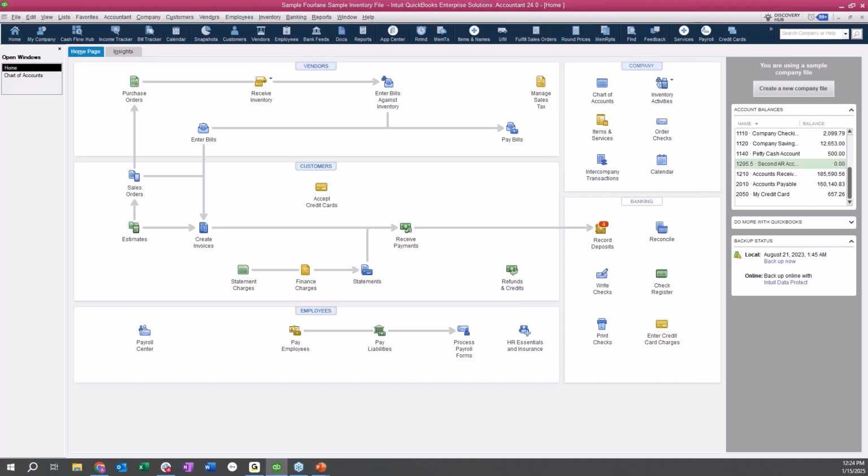I ask because typically your chart of accounts would be for all time,